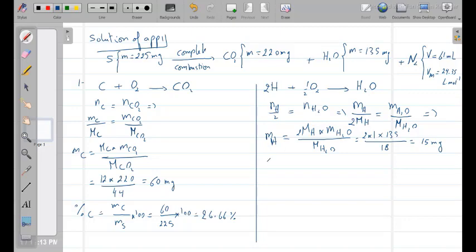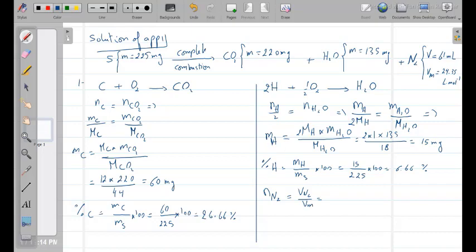Now percentage by mass of hydrogen equal mass of hydrogen over mass of S times 100, equal 15 over 225 times 100, equal 6.66%. Now for nitrogen, first we calculate number of mole of N2 from the volume, V N2 over Vm